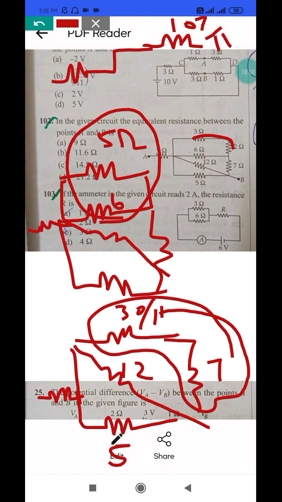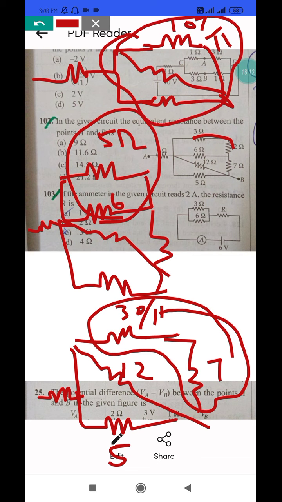You have one resistance, and you have a 12 ohm, and we have a 5 ohm. These three will have the same potential, right? So these three are connected in parallel. The total resistance for these three will turn out to be 2.6. Please check. Outside you have a 9 ohm, which is in series with the entire combination. So the total value of the resistance turns out to be 11.6 ohm.